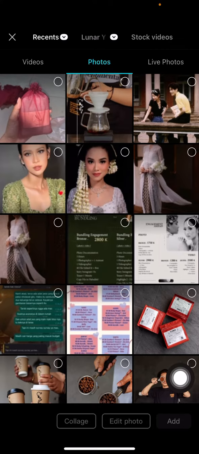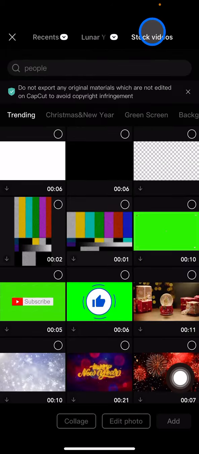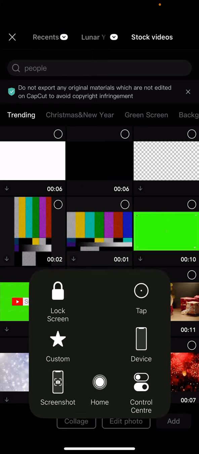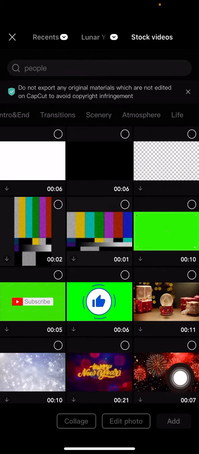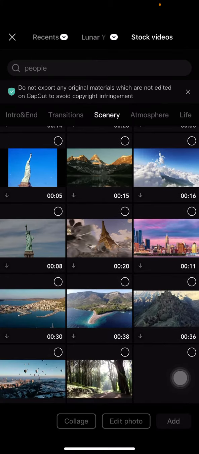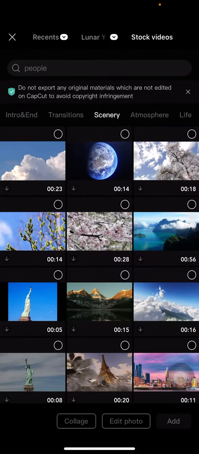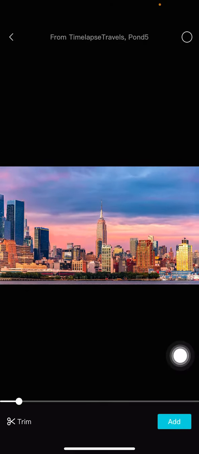But if you have no videos or good videos to edit, you can just go into the stock videos. In the stock videos, there will be 1,000 videos that are already provided by CapCut for you to use to edit the video. Okay, and whenever you find the best video that you want to add,